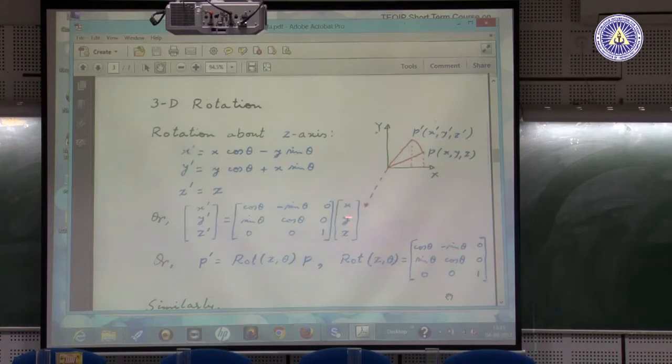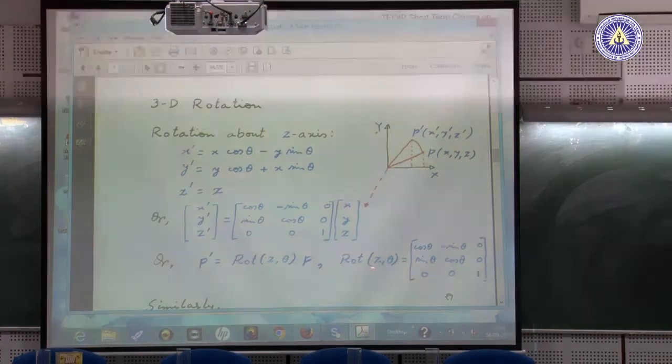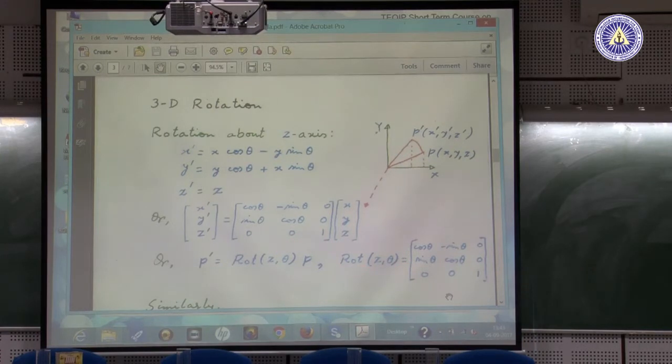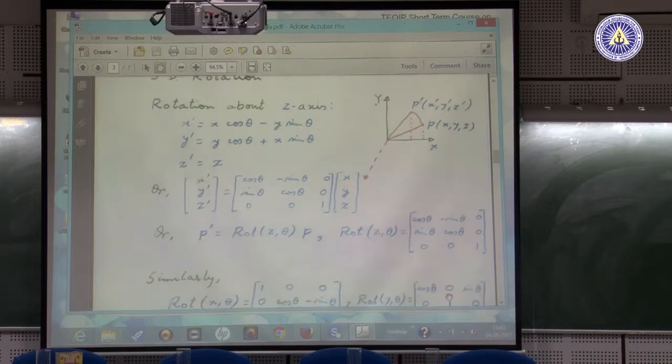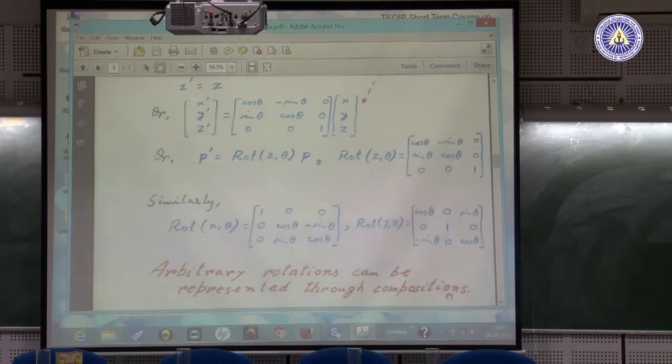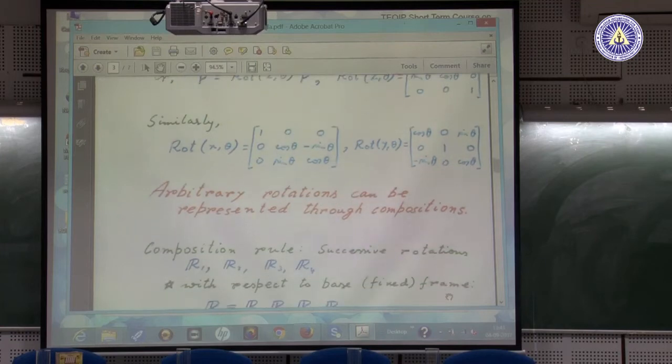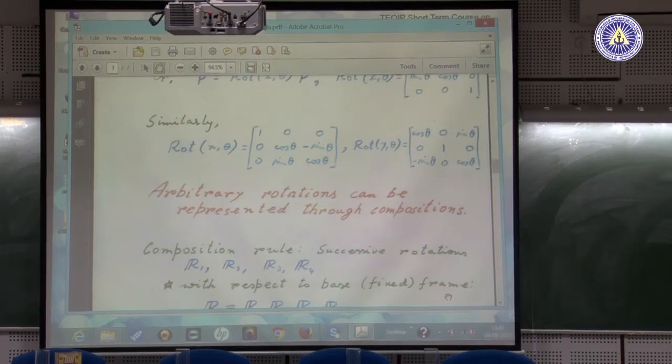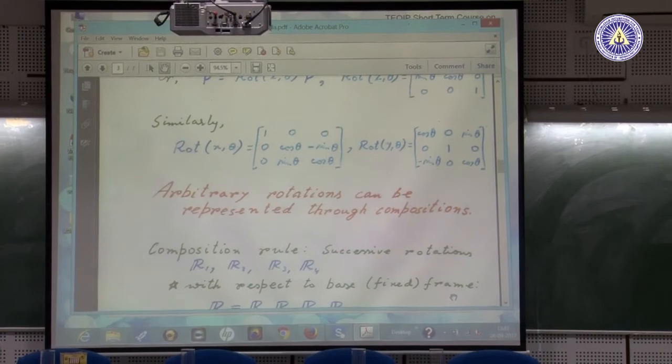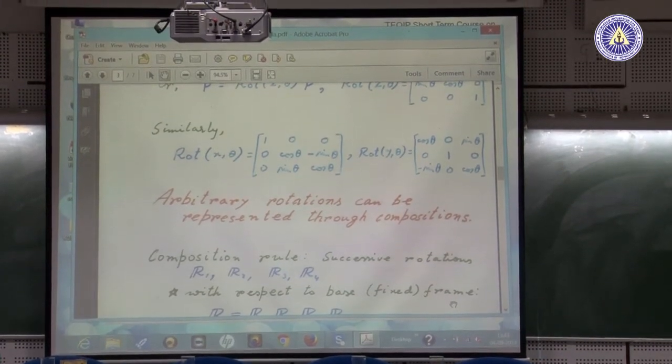When you pack up all these three together, you get this, and this then you say is the rotation in the xy plane or rotation about the z axis equivalent. Okay. Similarly, you can talk of rotation about x axis and y axis. And you can then talk about rotation about some other axis. Okay. So, in rotations, composition rule